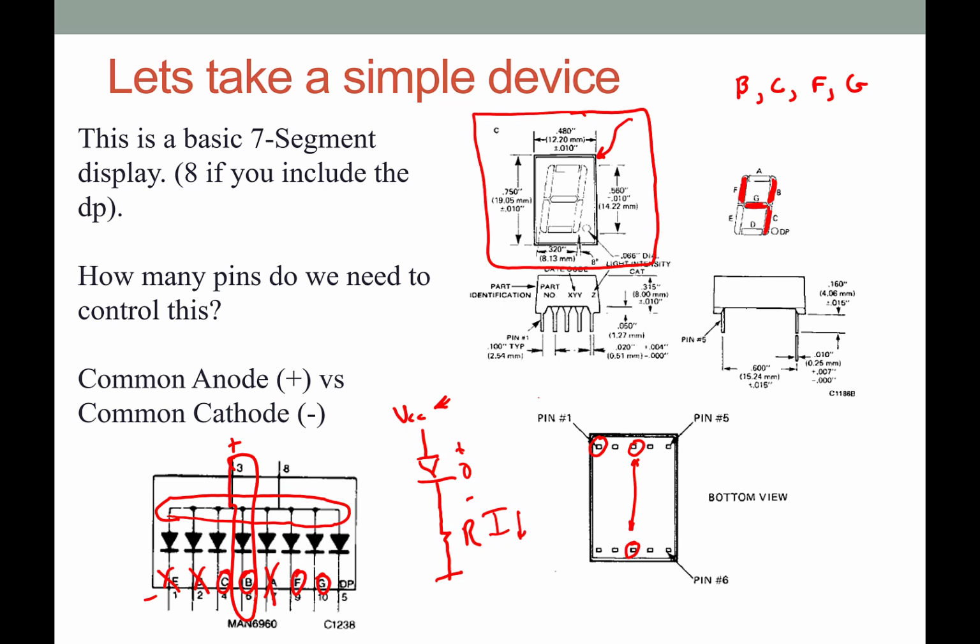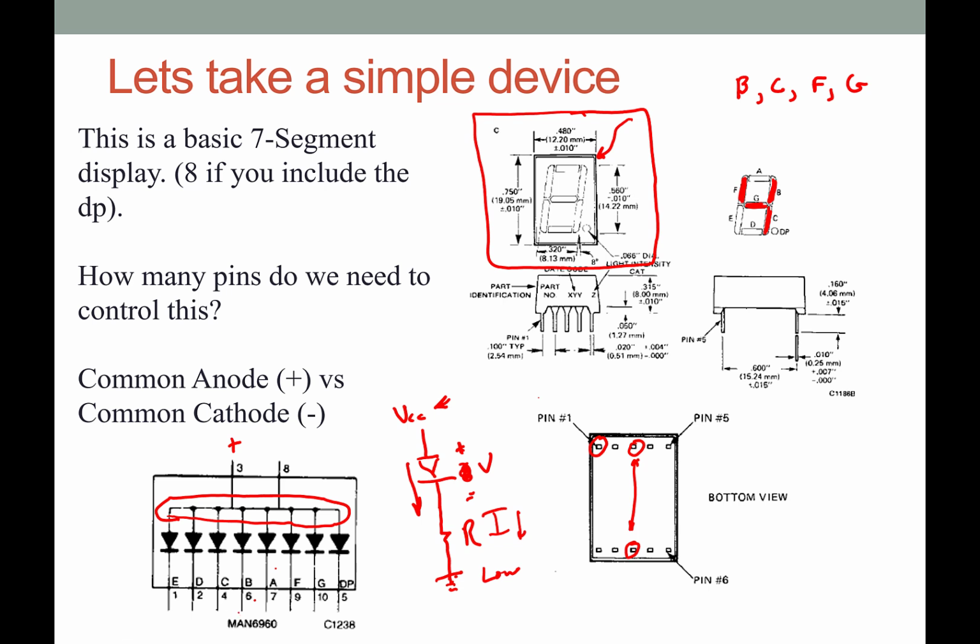The alternate though is, when we put a high on pin B here, we would get nothing out. When we put a low, which basically means essentially grounding it, then we have VCC and ground there. We can have a positive voltage across this diode, current can flow, and the light will light up. So if we wanted to light up 4,